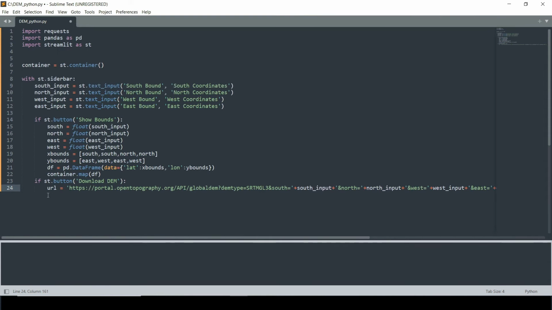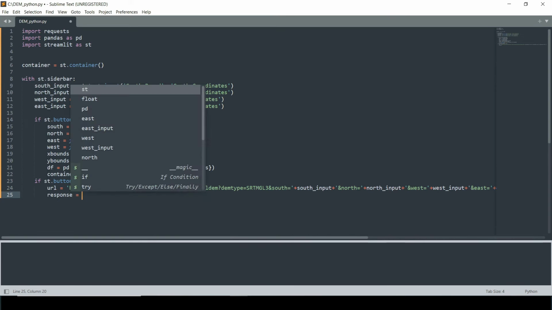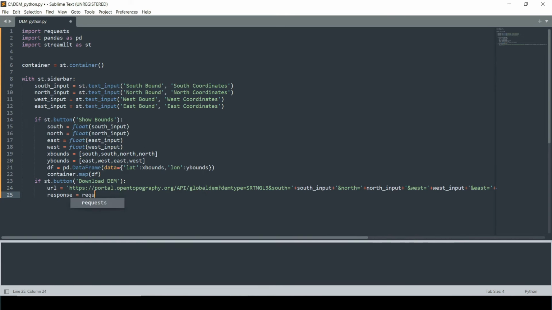Okay, so this is the URL, and how are we going to send the request? Basically, we're going to create a variable called response, and this variable is equal to requests. How are we going to use that requests library? We're going to say get URL. Then how are we going to convert the response that we get to a file? All we have to do is say open,